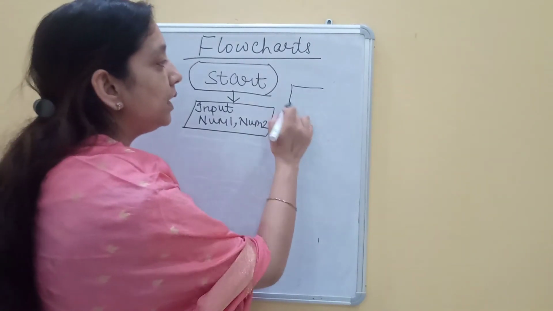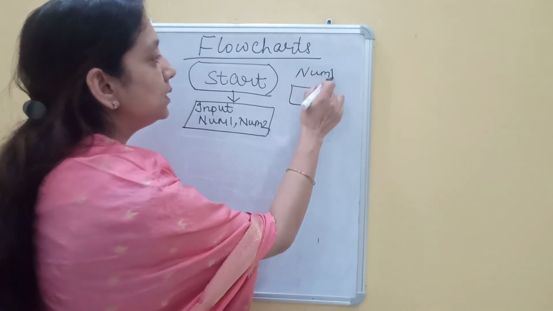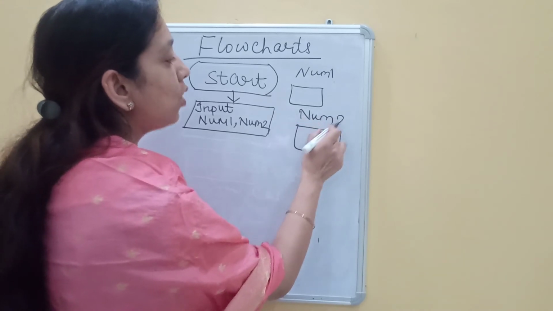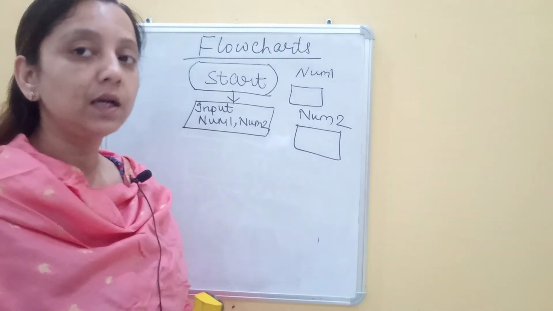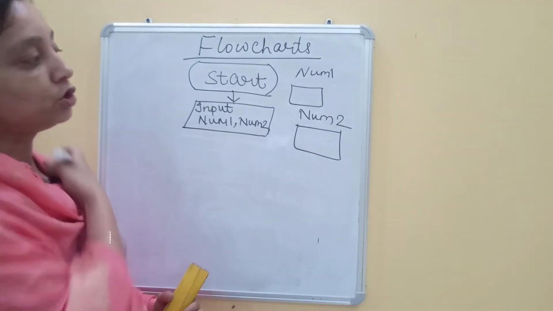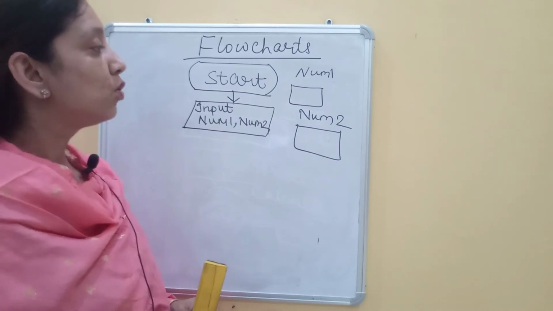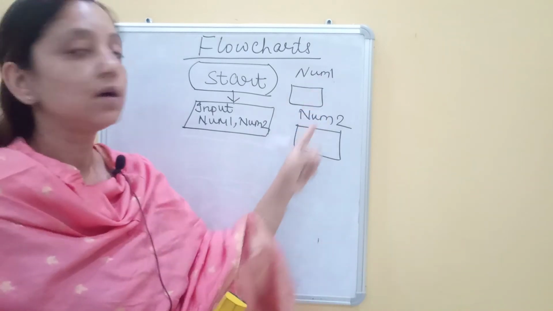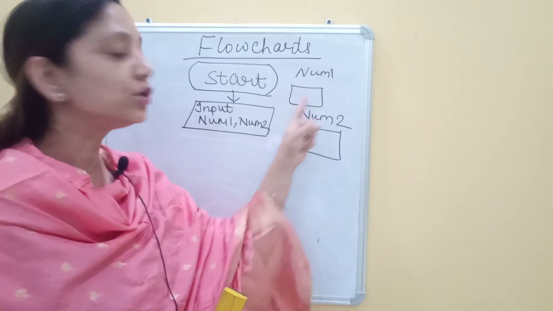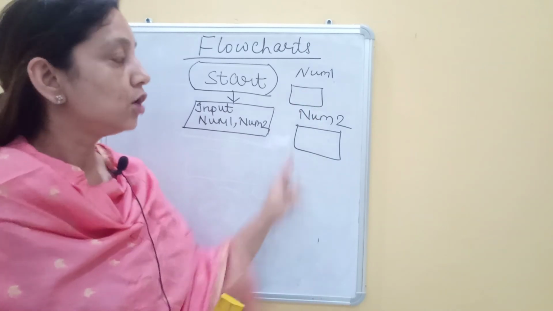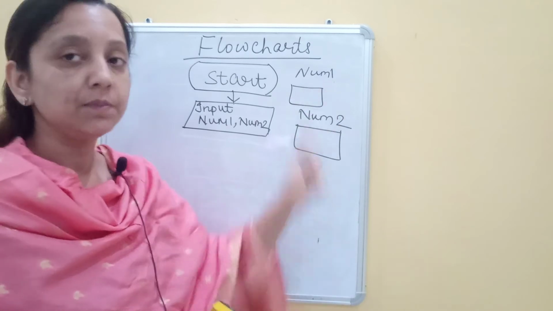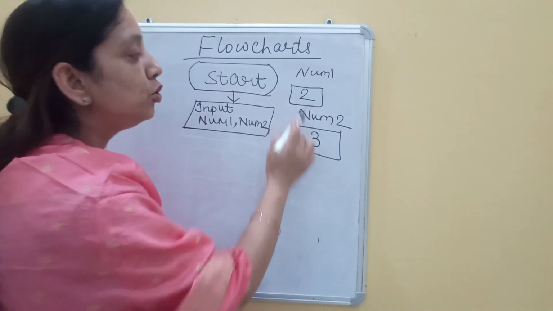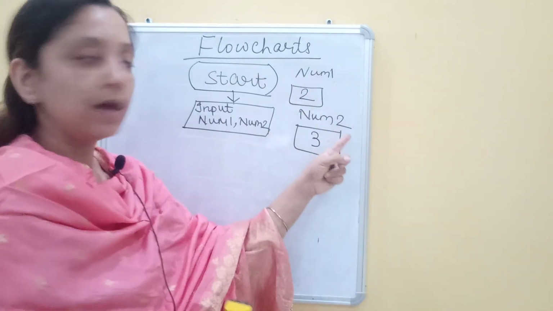Now I assign the names num1 and num2 to these two numbers. I have to give them a certain name. These names are known as variables. So num1 and num2. This makes it organized, understandable, clear and simple. This is the basic task of a flowchart or a program, to make things simpler and organized. So when I have to take two numbers, I have to assign them some names. These names are known as variables. And the values of these variables are known as the constants. So constants can keep changing, but the variables never change. Say for example, num1 has value 2 and num2 has value 3. So 2 and 3 are known as constants, but num1 and num2 are known as variables.